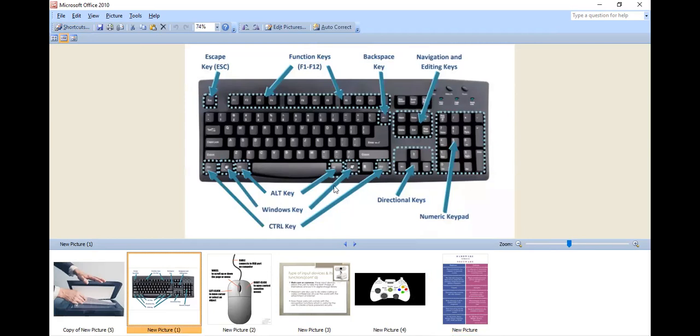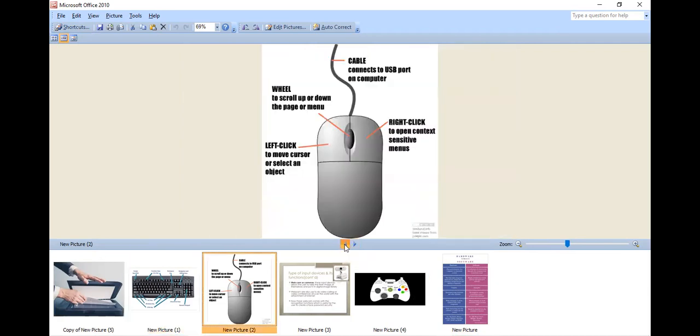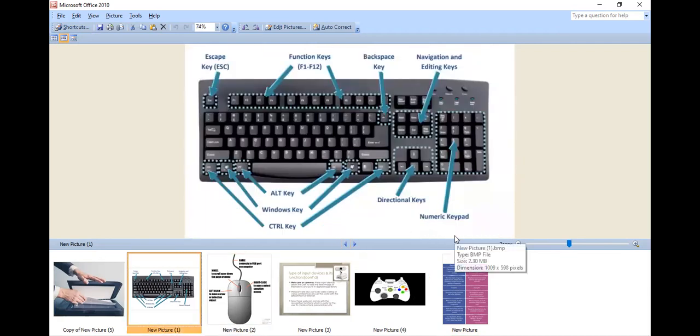Then this is a space bar, which is used to maintain space. This is a numerical keypad, which is used for accounting and financial use. These are the navigation keys. For example, Page Up, Page Down, which are used to scroll like this. You can scroll like this because of Page Up, Page Down. Okay, so I will use Page Up, Page Down. You can see Page Up, Page Down I have used.